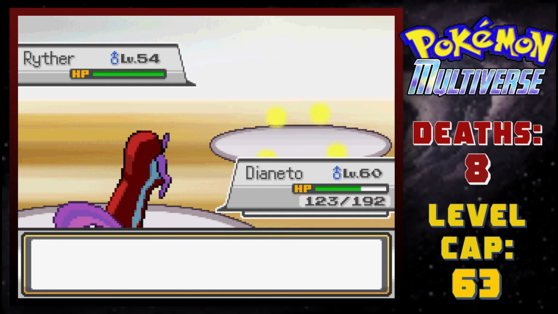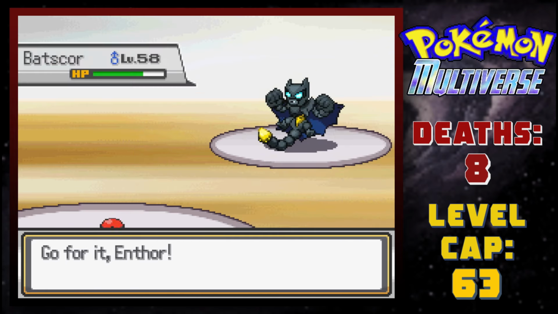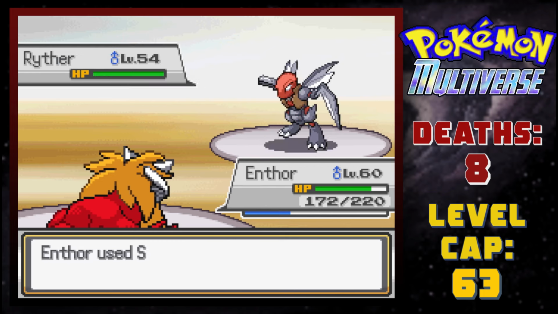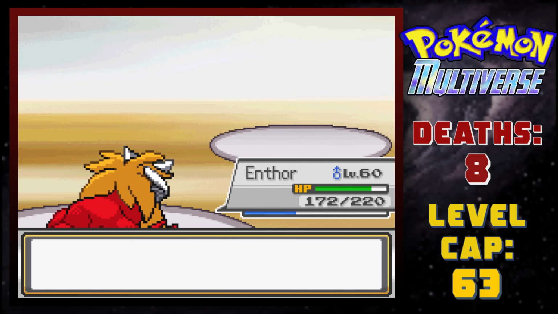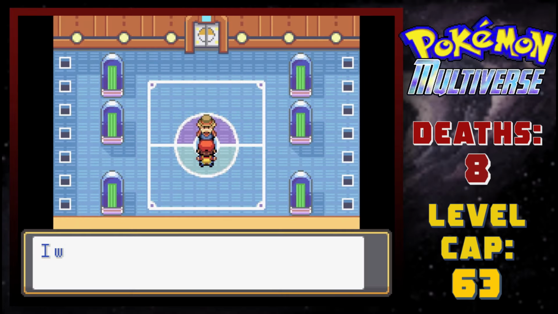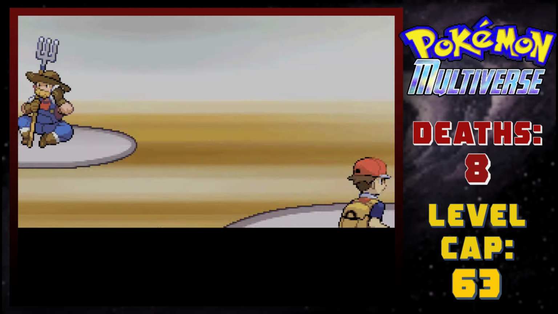He pivots to Batman as I also pivot into Thor, who finishes the job with a Play Rough on Batscore and a Stormbolt on Ryther, beating the second Elite Four member. I am so excited. For the third Elite Four member, Niles uses a Water and Grass type team, which is